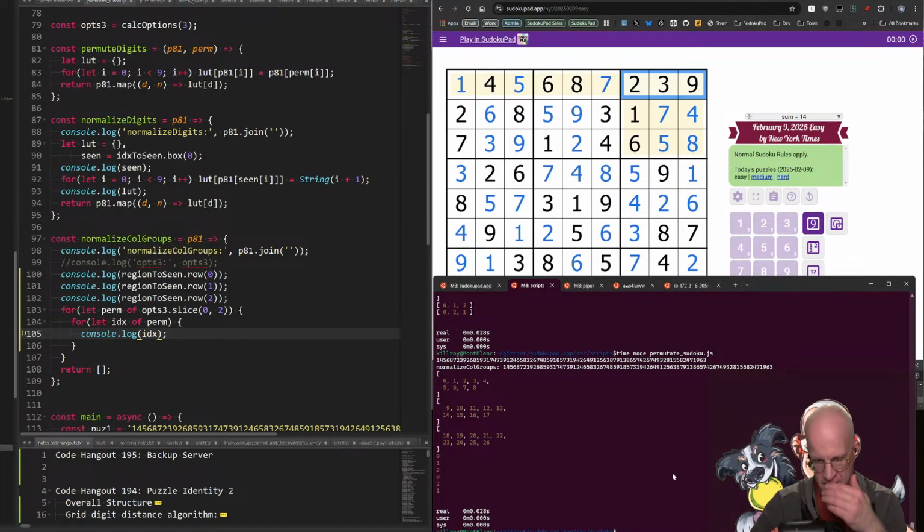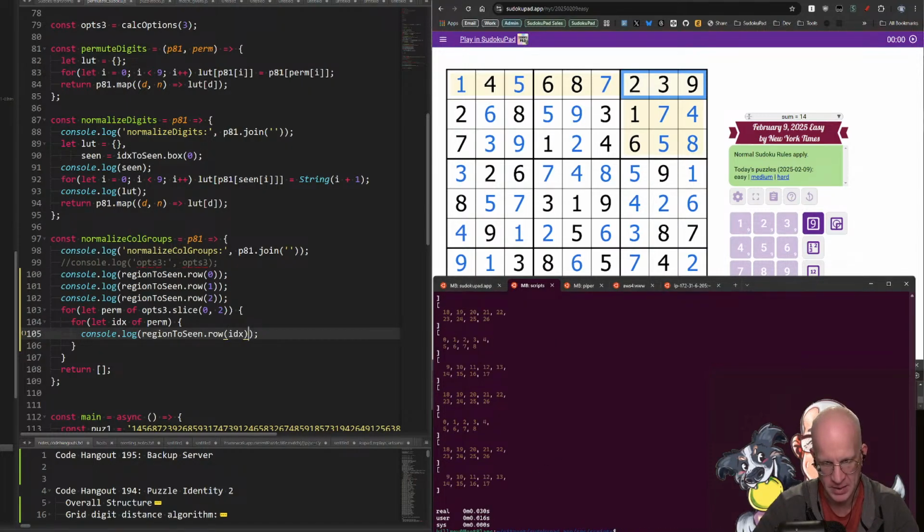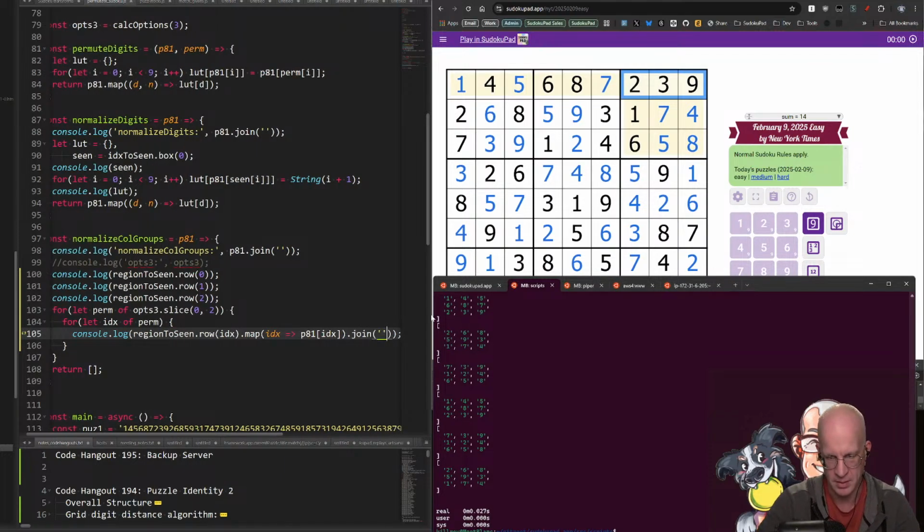So 0, 1, 2 and 0, 2, 1. And if we do this, that'll give us the actual cell indices. And then if we map these to P81 IDX, and then we'll join them back together,